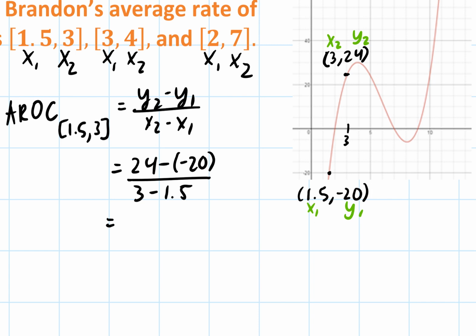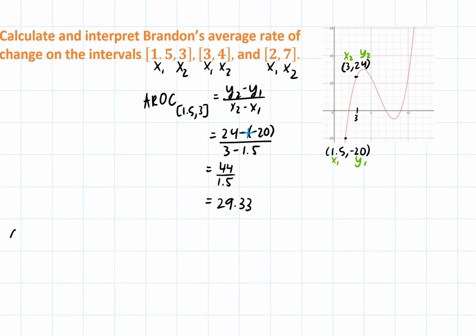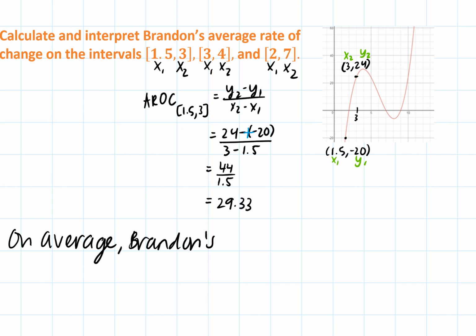So minus a negative, that turns into plus. So we have 44 over 1.5, which is 29.33. So this means that on average, thus the name average rate of change, Brandon's profits